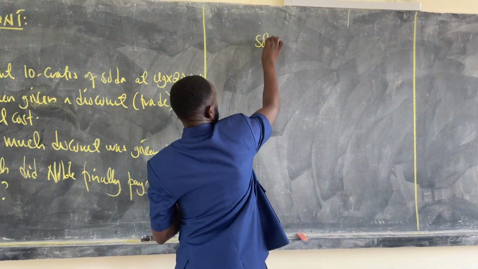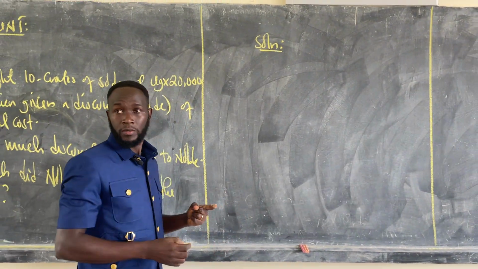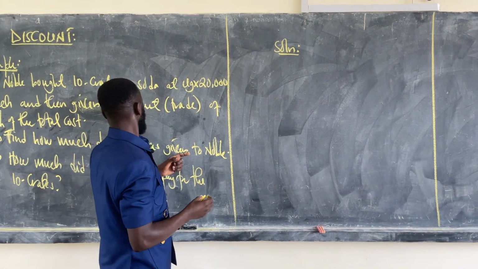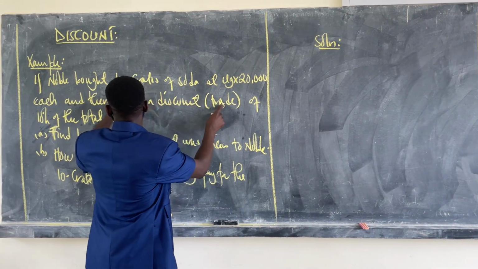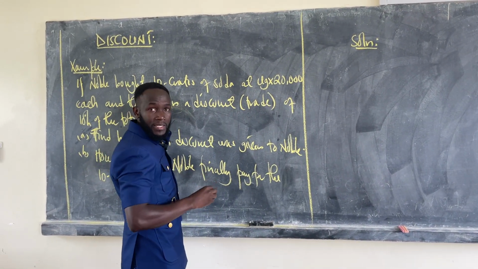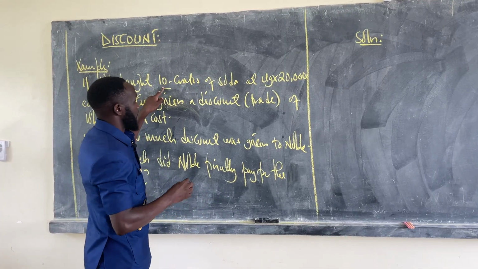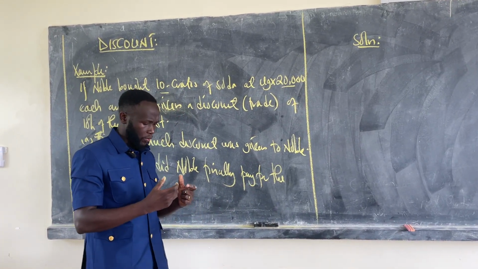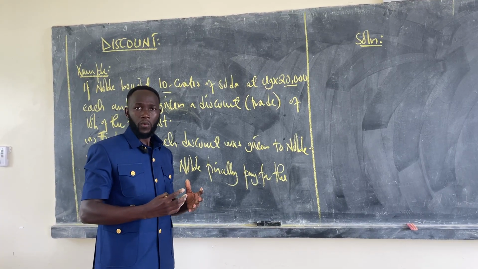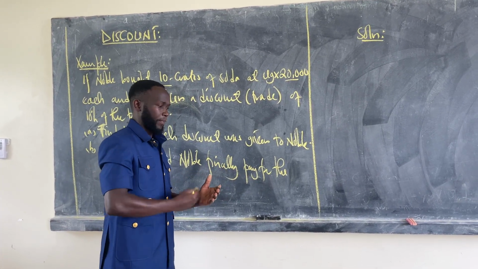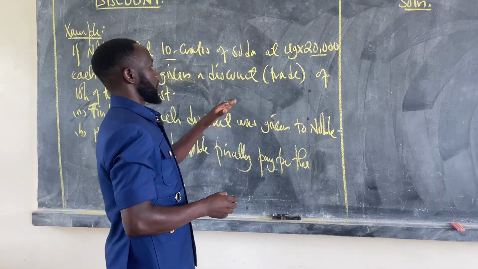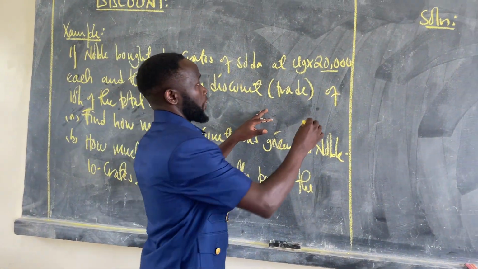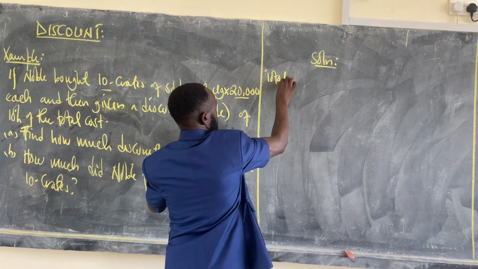Now, in the solution, what we do first is get the total cost. Remember, this person bought 10 crates of soda, and each crate was bought at 20,000. So we want to know how much money was supposed to be paid if Noble was not given a discount. So we say total cost